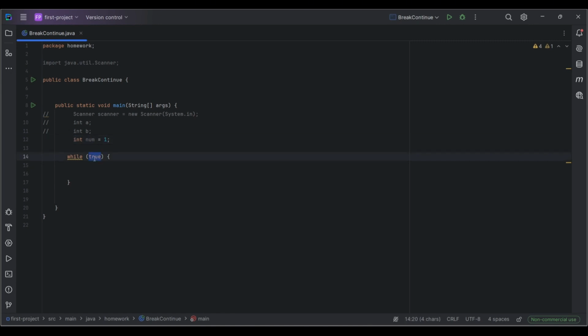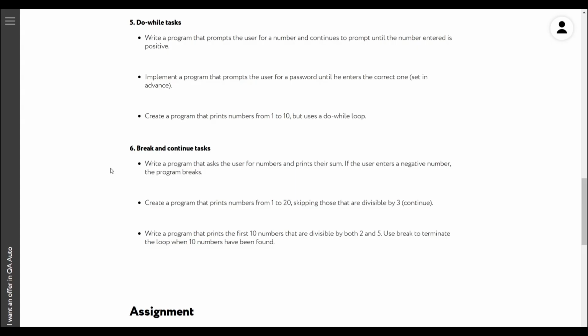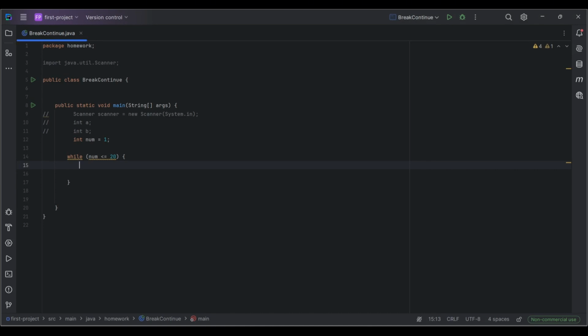And let's say while number is less than or equal to 20. And within the loop, we will specify an if statement. So if number is divisible by 3 without a remainder,